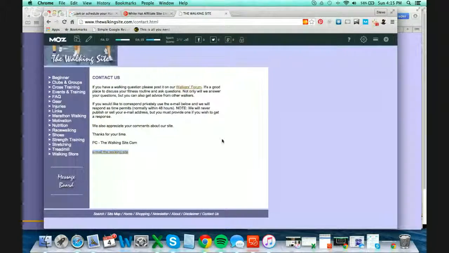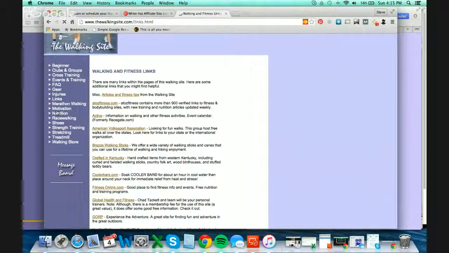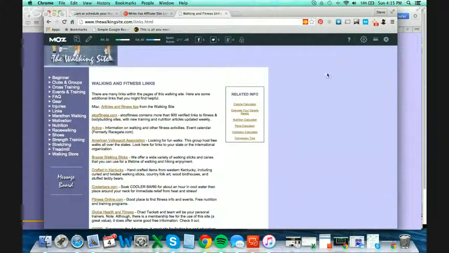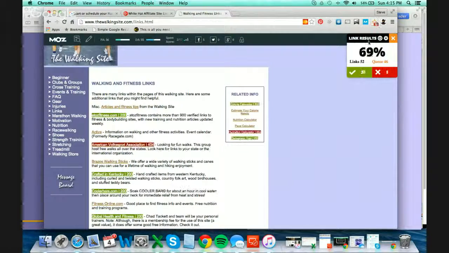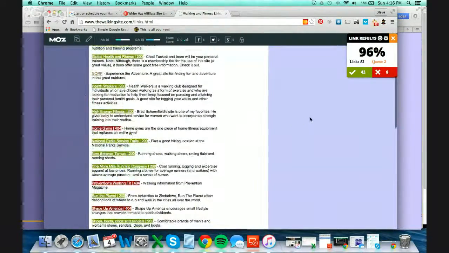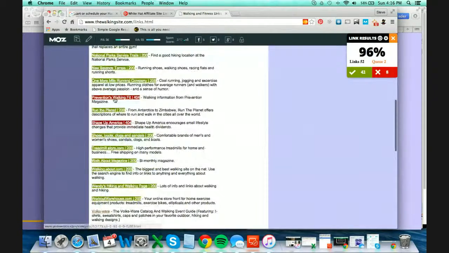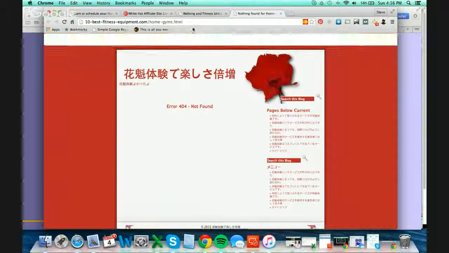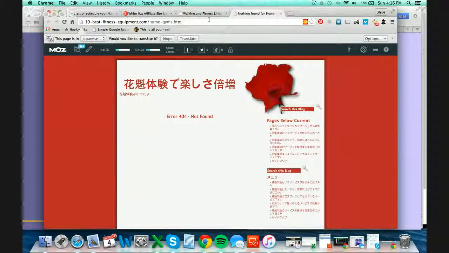when I pulled this information from LinkMiner, the next thing I do is offer them all of the links that are broken. So I'm going to let them know, hey, you've got these broken links. And then in addition to this 10 best fitness equipment home gyms link, I'm going to say, hey, you know,